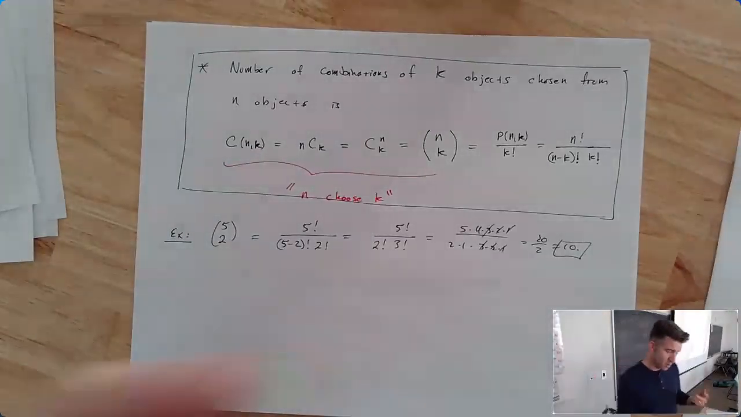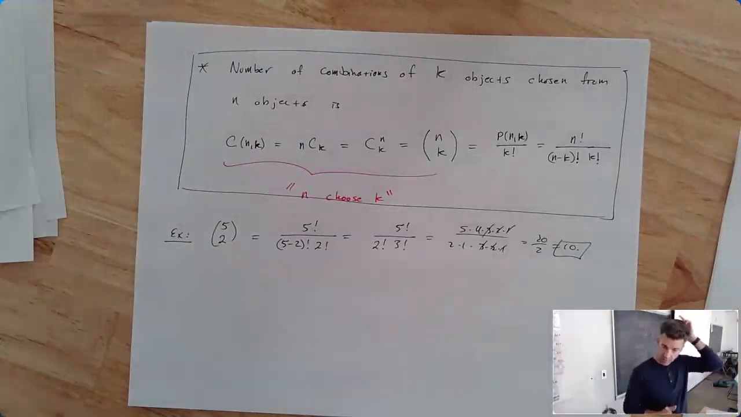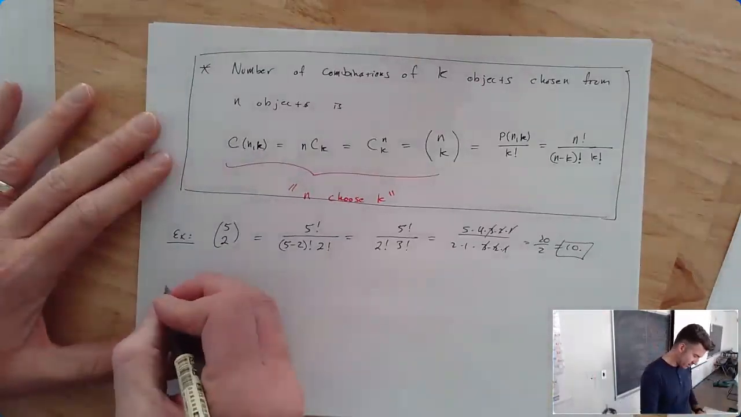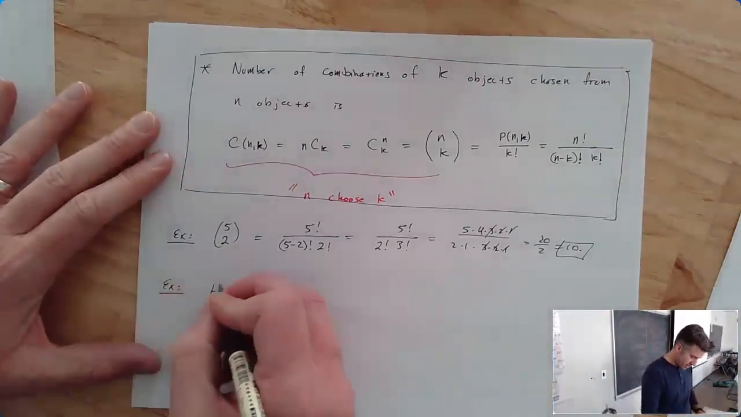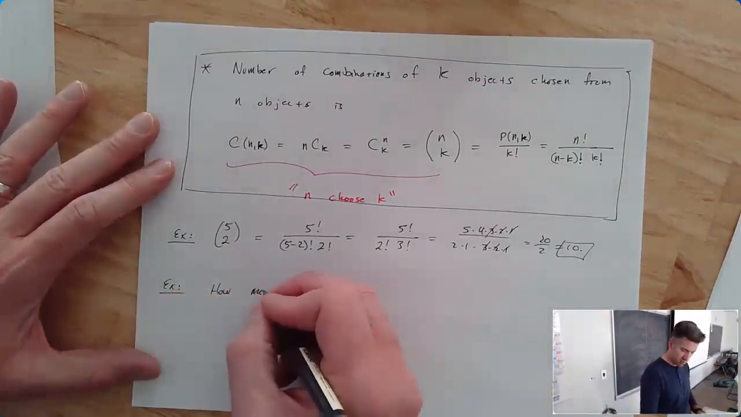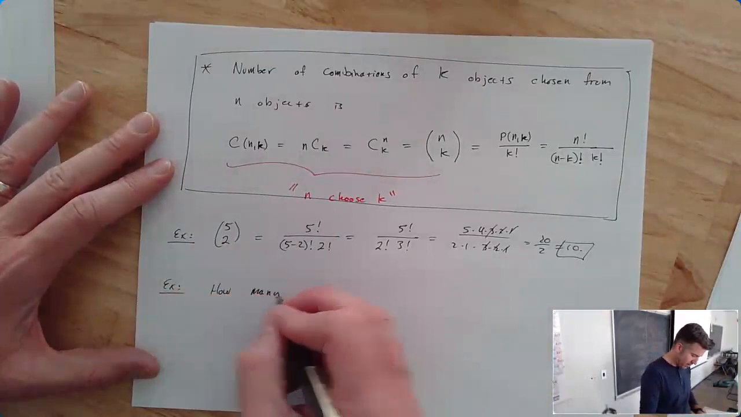So this is the formula we use a lot for card questions, for a lot of poker questions. So let's look at something like this. The questions might seem kind of basic at first. How many ways